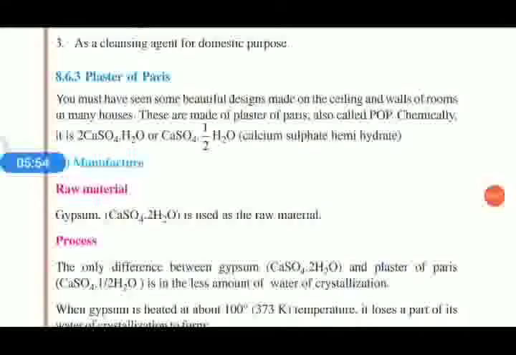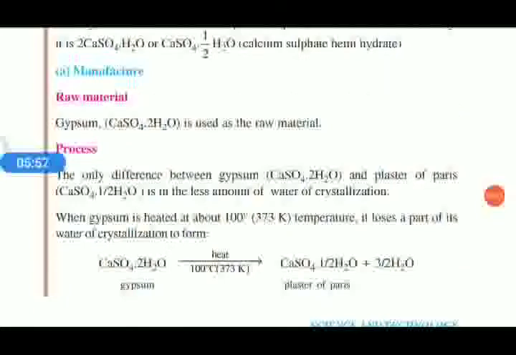The making process is very simple because the chemical formula of gypsum is CaSO4·2H2O. The chemical formula of plaster of Paris is CaSO4·½H2O. That means if we remove 1½ H2O from gypsum, we get plaster of Paris. So this water, we can't see in gypsum or in plaster of Paris, just like our